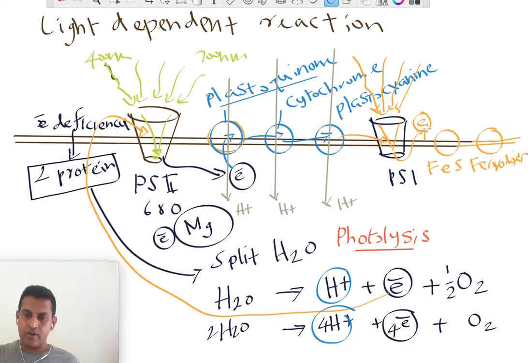So this electron is moving to the iron sulfide complex, and then it's moving to the ferredoxin complex. The second complex is the ferredoxin complex. And after that, this electron is moving to the next complex called,